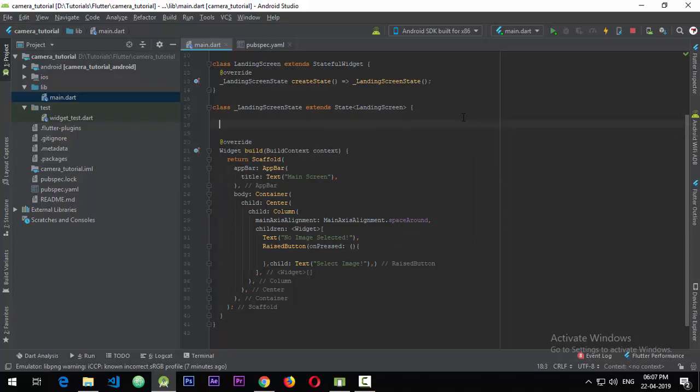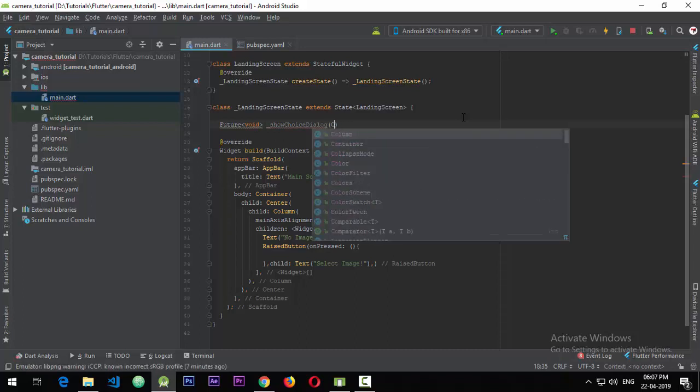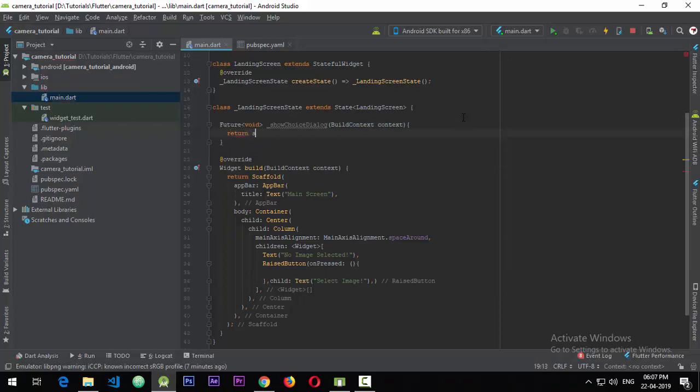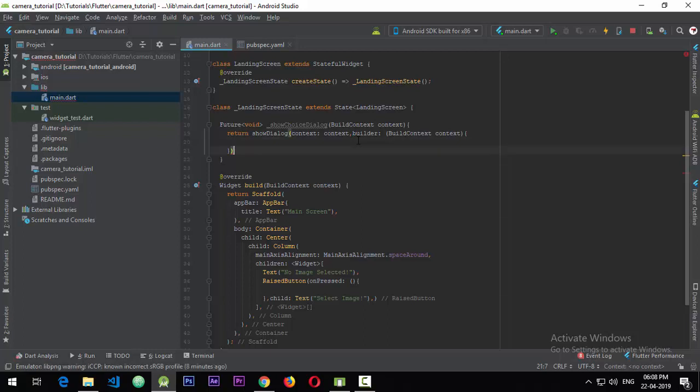So for creating a dialog, we'll add a future void, show choice dialog, and we'll pass build context because we'll require that while creating the dialog. And here we'll return show dialog, using the show dialog method, and here we'll pass the same context that is being passed here in the argument, and along with that we'll use a builder. The basic method of creating a builder is we'll pass a build context, and that is the context. So this is the show dialog function that will be returned by the show choice dialog, and the show dialog will further return an alert dialog,